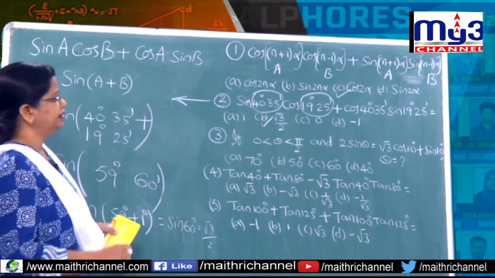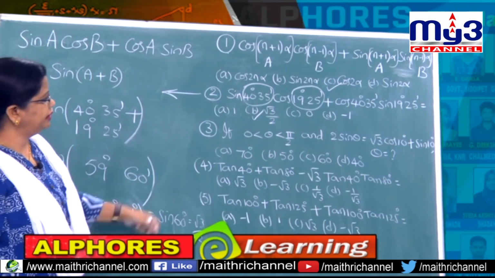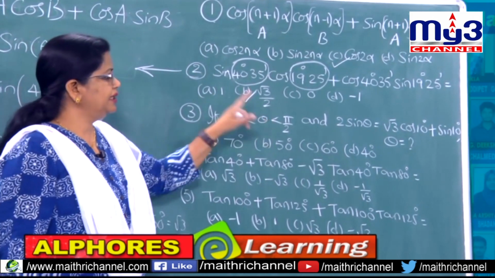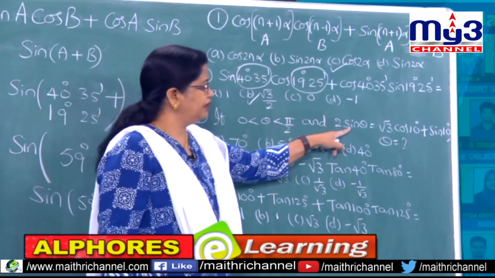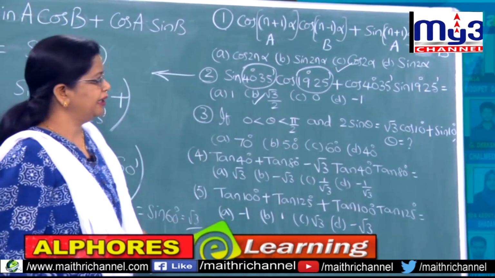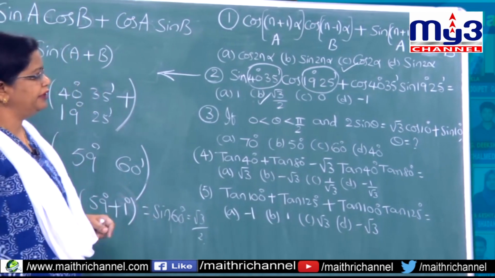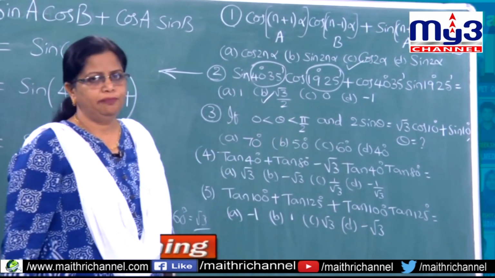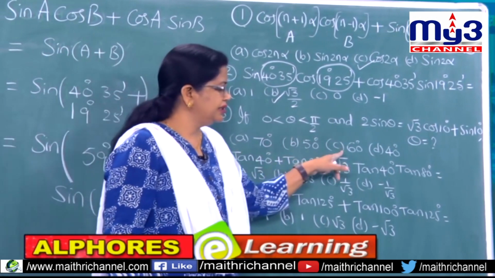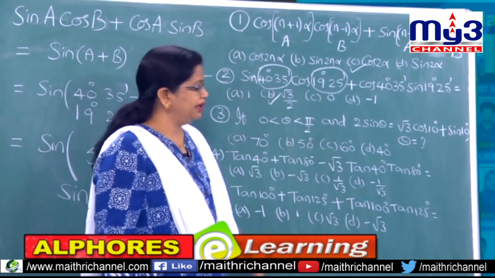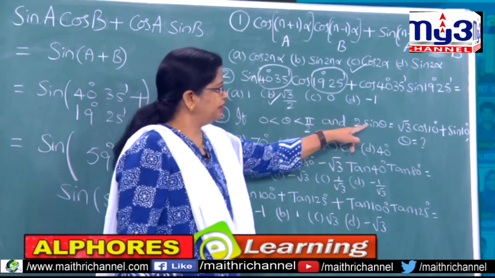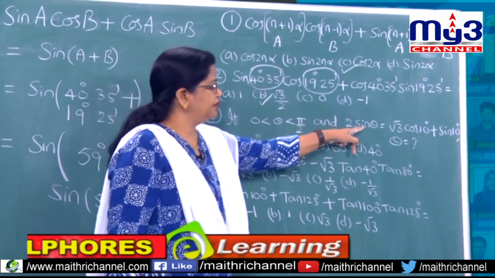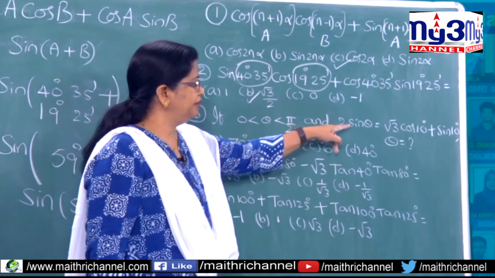Now let us see the third one. What is the third one actually? Angle theta is an acute angle. Theta is acute. 2 sin theta is given as this much. Understand? Then what is that theta value? Theta may be 70 degrees, 50, 60 or 40. And among all these 4, which is your known value? 60 is your known value. If I substitute 2 sin 60 degrees, suppose, then 2 and 2 get cancelled, root 3 will be the leftover value. So root 3